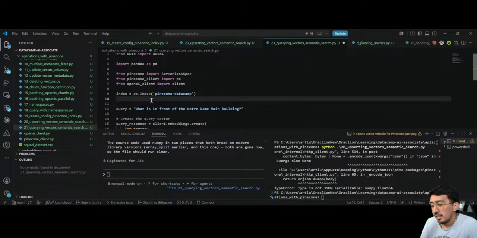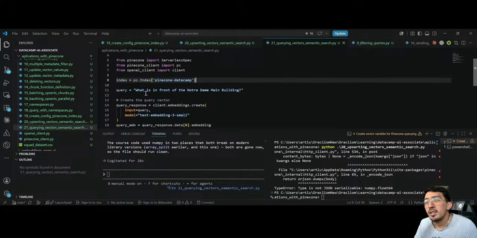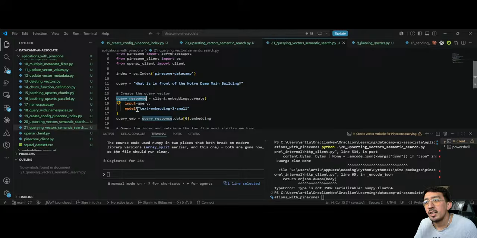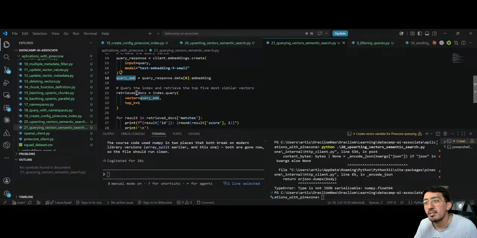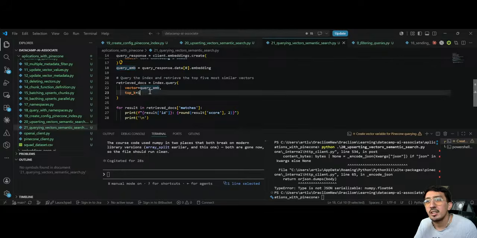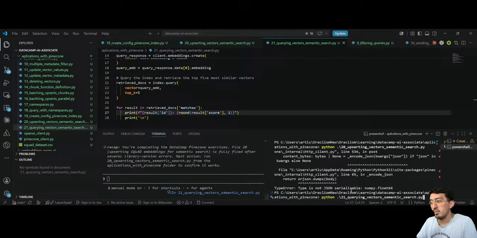And I think I have everything there. So I get the query, I embed the query, I get the query response, I get the embedding and pass it as a vector, I query, I retrieve the docs. In my case, the top k I put 1, but should be 5. And then I print the matches. So if I run the 21,